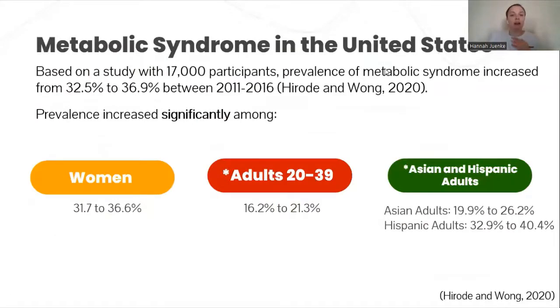Okay. So for metabolic syndrome in the United States, this is something that is on the rise, they are noticing. However, I do want to note there is currently not a lot of research on this because it is kind of new, and they're just working more on this now. So for example, this study is from 2011 to 2016, which is a little bit later than I would have liked. I would like something a little closer to 2022, but we're going to work with what we have here. And according to this study, they had 17,000 participants, and about,